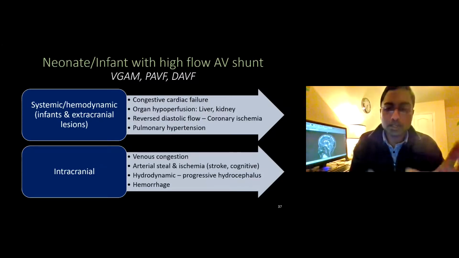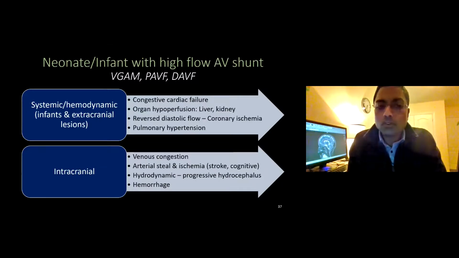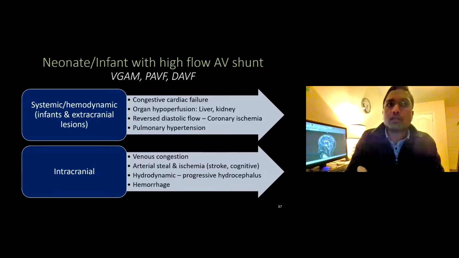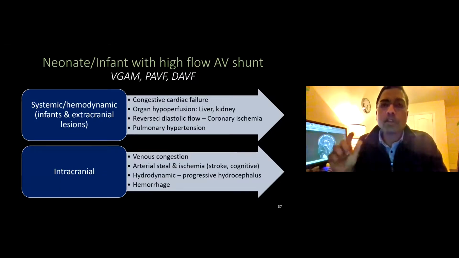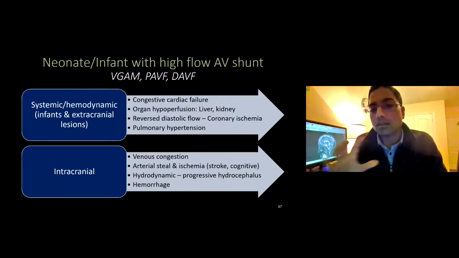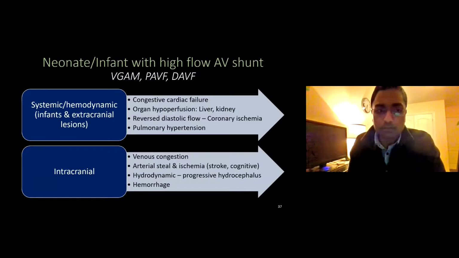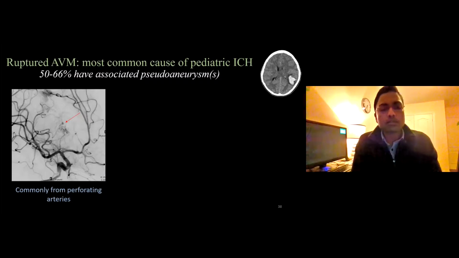Now, coming to the hemorrhage part of it, we saw the PL-AV fistula and the dural AV fistula with hemorrhage, but it is very, very unusual for a vein of Galen malformation to present with hemorrhage. And if you do see a vein of Galen malformation with hemorrhage, you should think of whether it's actually a nidal AVM, and look very closely for a vein draining into the vein of Galen, rather than a true vein of Galen malformation. So we switch to a little older age group, so the AVMs in the children who are